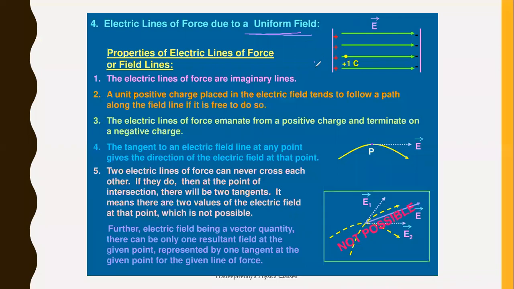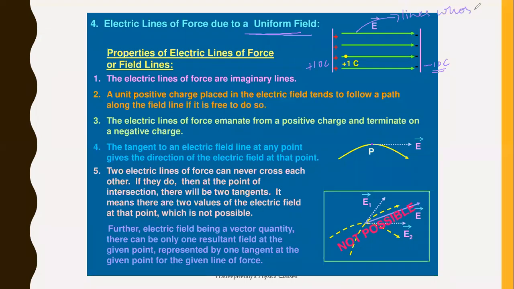Say for example here it is 10 coulomb and this is positive, here it is minus 10 coulomb. Both magnitudes are equal. As their magnitudes are equal, the field lines will be uniform, and the uniform field is always represented by the lines